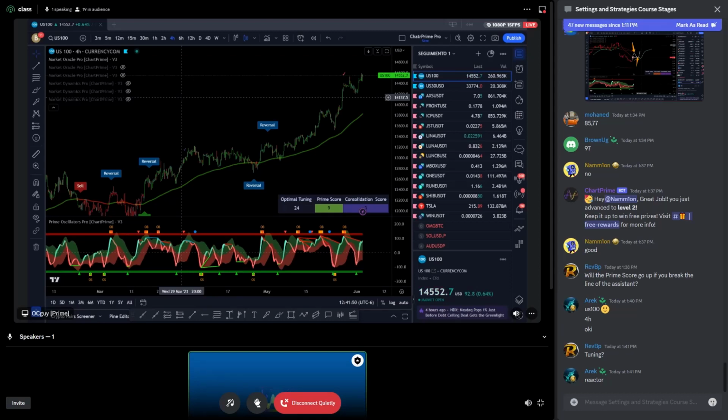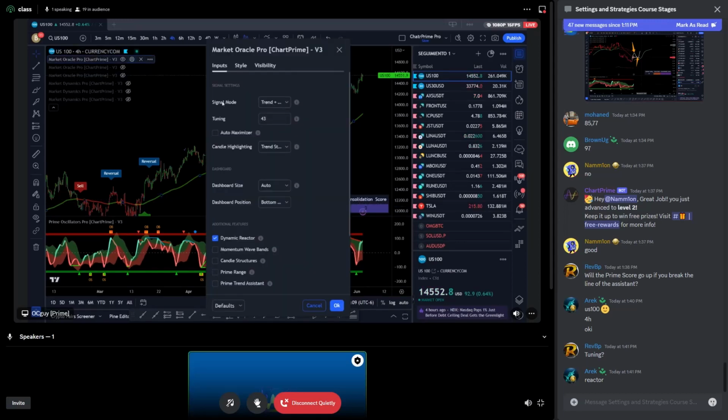Tuning, yes. Reactor, yes. Both of them. So you can choose between both of them. So Ref, BP, yes, you're correct. And Eric, yes, you are correct. I like to start with my dynamic reactor. That's what I like to start with. But since we have right here my optimal tuning, I can start also with my optimal tuning. That doesn't matter, as long as I pick one of those.